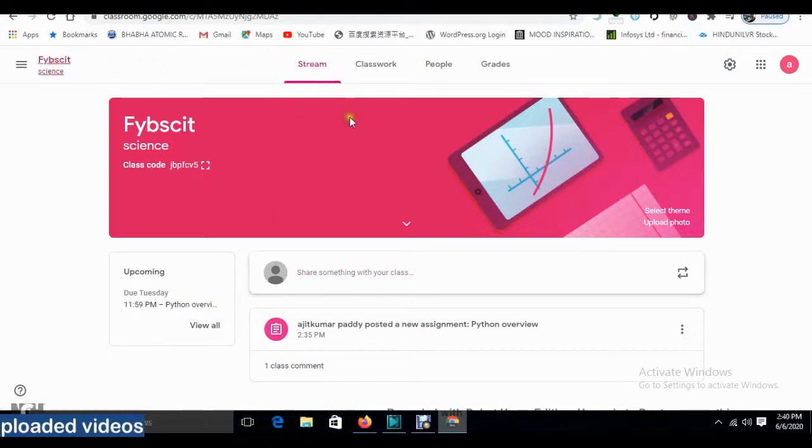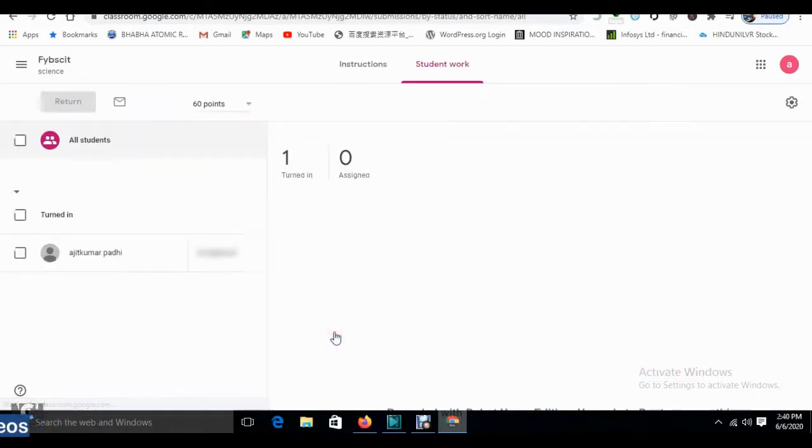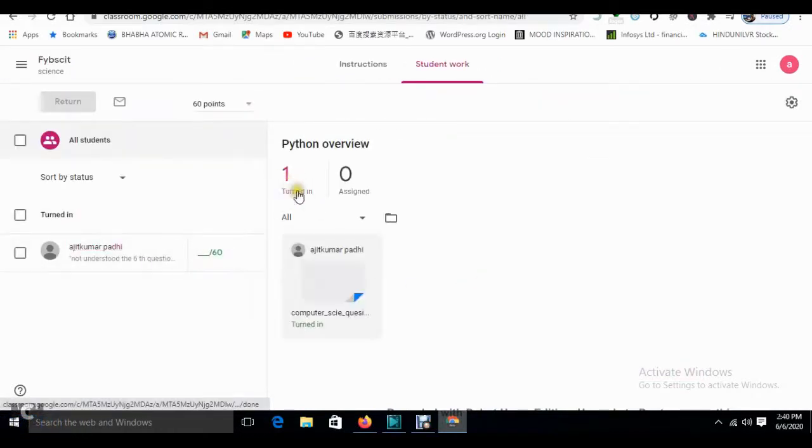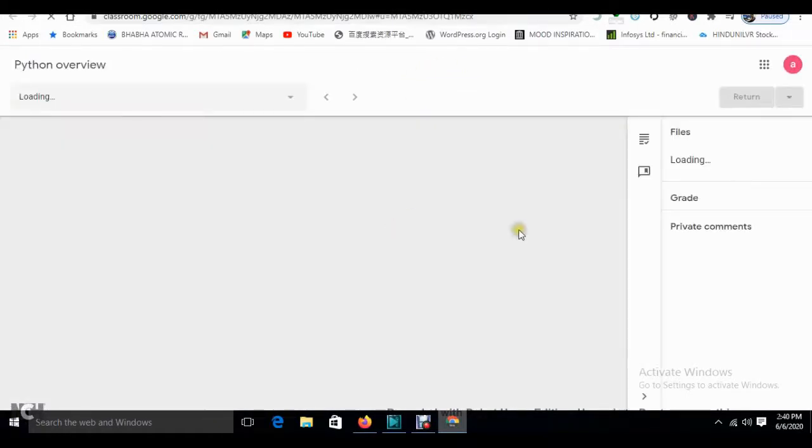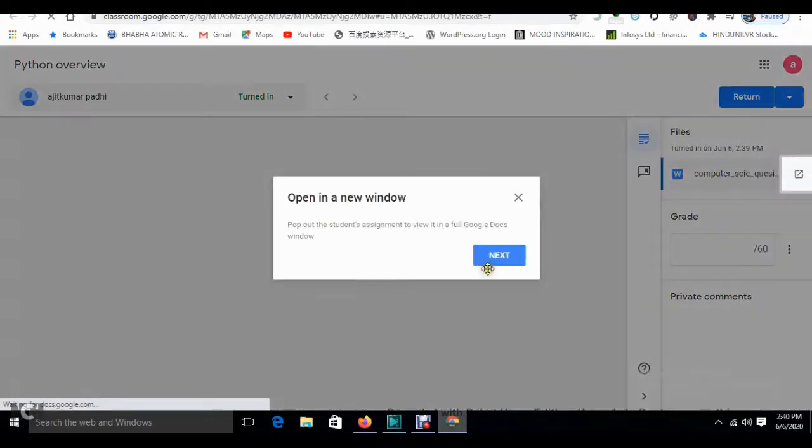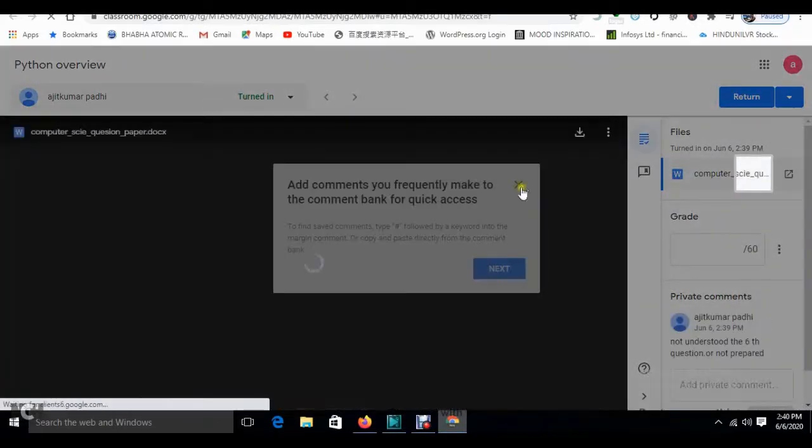Okay, it refreshed. Now we will click on this. See over here, this document is turned in 1, assigned now 0, because nothing is remaining, all is done. So now I will click this, then I will assess it, checking whether the student has done the assignment properly or not.